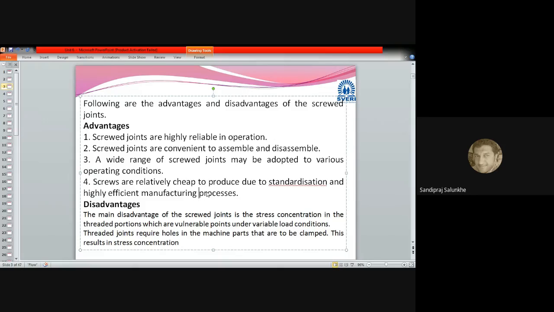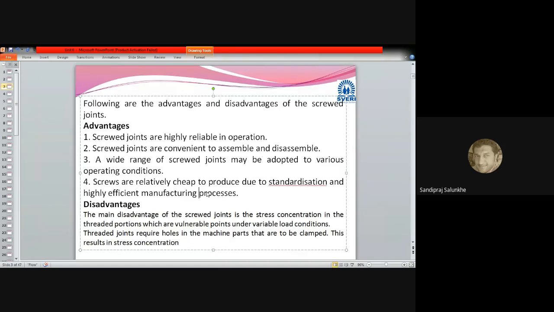And that load may range from 1 Newton to 1000 Newtons, or thousands of Newtons. So this wide range is possible in the case of a bolted joint, whereas this wide range of applied external load is limited in the case of welded as well as riveted joints too. Now riveted joints, later on when we see them,